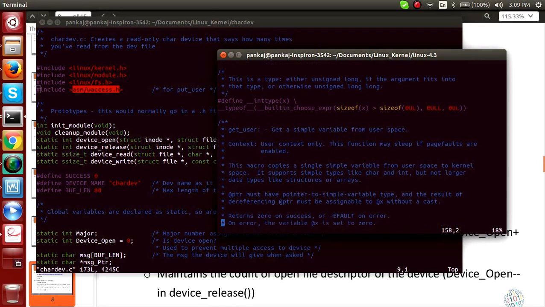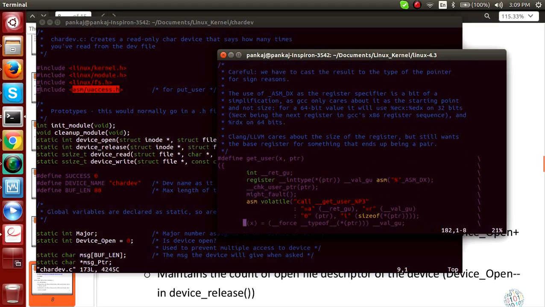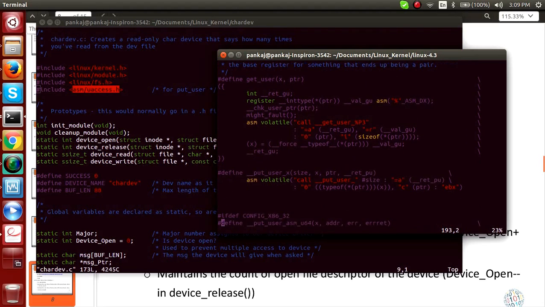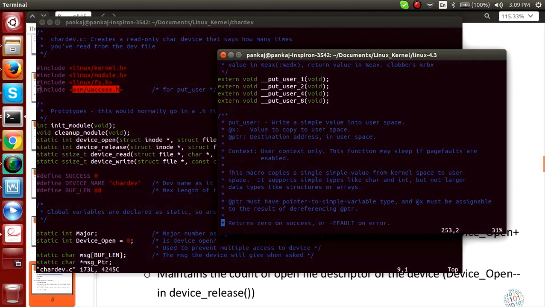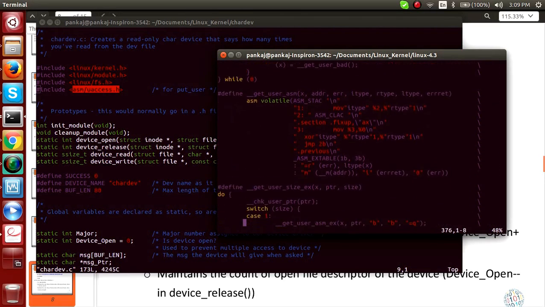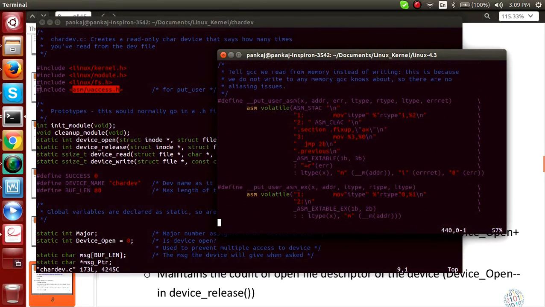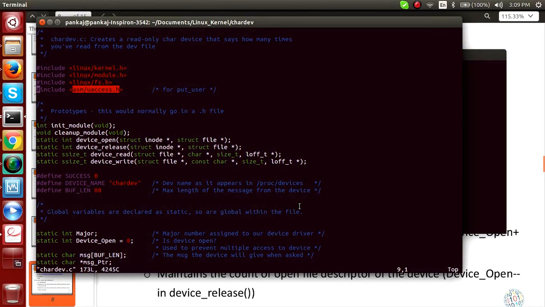There is one more file which has a list of all the major numbers assigned to what type of devices. Number 8, which we have been seeing, is actually given for SCSI drives. I'll come back to that.